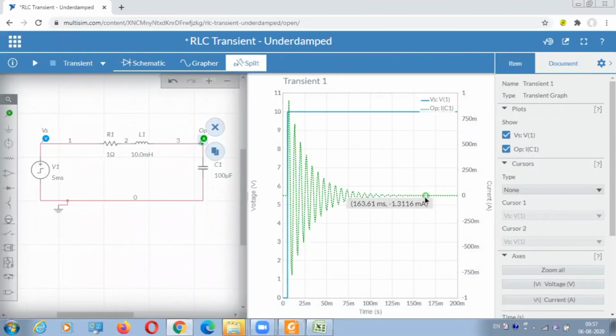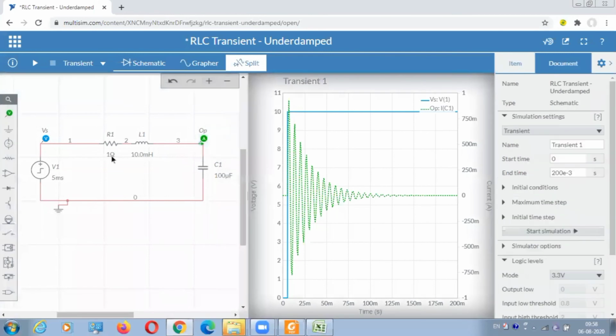Let's check if there is any other value or not. Okay. See, current at the inductor will be short circuit, that means the capacitor will be open. No, sorry, inductor short circuit, capacitor open, correct, at steady state. So if it is open, no current will flow through the circuit. That's why current will become 0. Capacitor open, okay. Yes, the voltage across it became 10 volt and total circuit current is 0. See, 0, steady state current is 0.